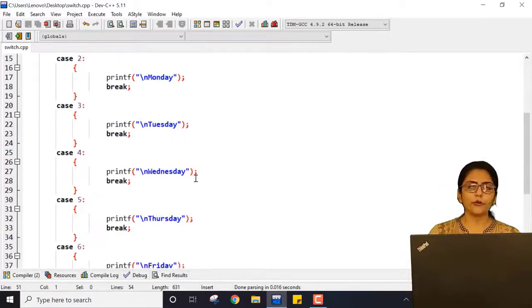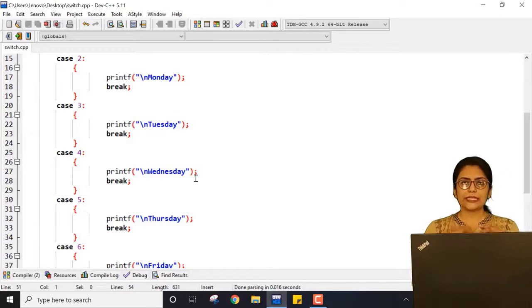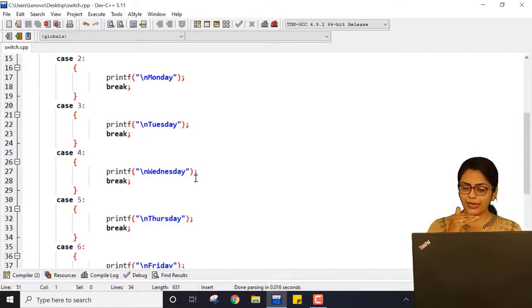We are going to talk about break, continue and goto separately in another lecture. But right now just understand that when the control sees the statement break, it will break the operation and come out of the loop. Here, when the control sees break, it will come out of the switch cases.